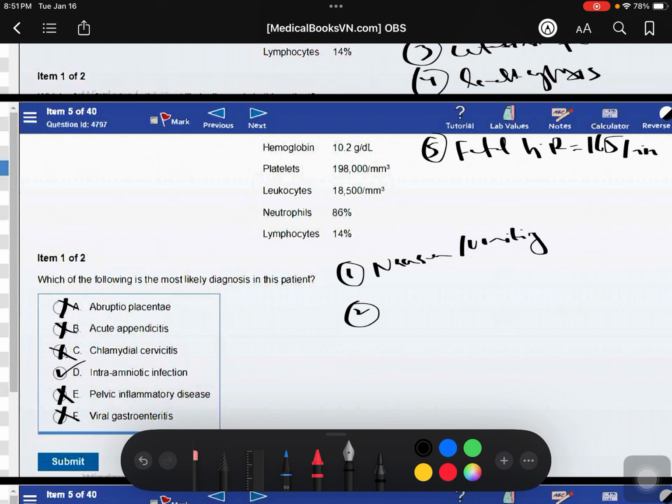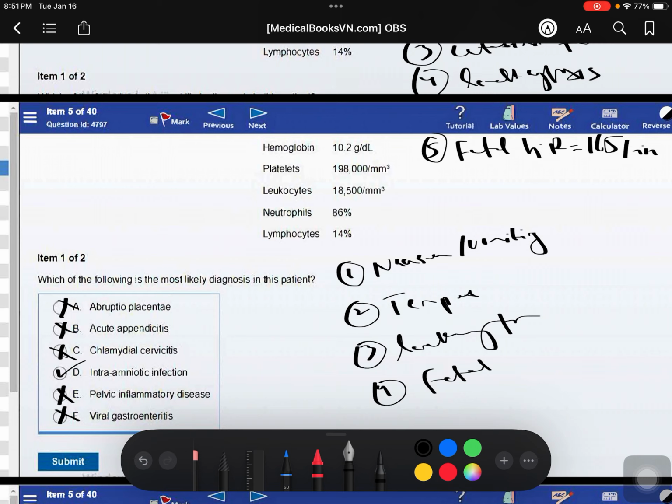The second is that the patient's temperature is raised. The third is leukocytosis. This is the third hint. The fourth hint is the fetal heart rate is more than